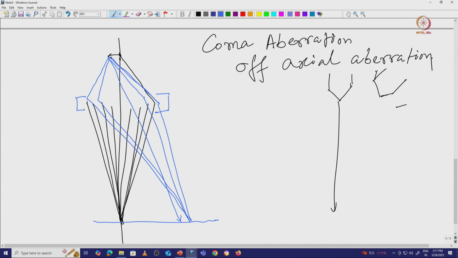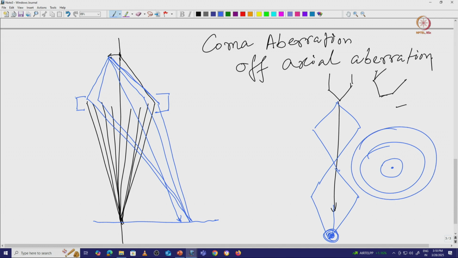Now you can see this should be the optical axis, and the rays are coming and after converging all are merging at one particular point here. So if this is our optical axis, the circle center will be here. This will be the brightest spot. If we decrease the beam diameter, there is a possibility of a very small beam diameter, and then the beam diameter can increase like that.